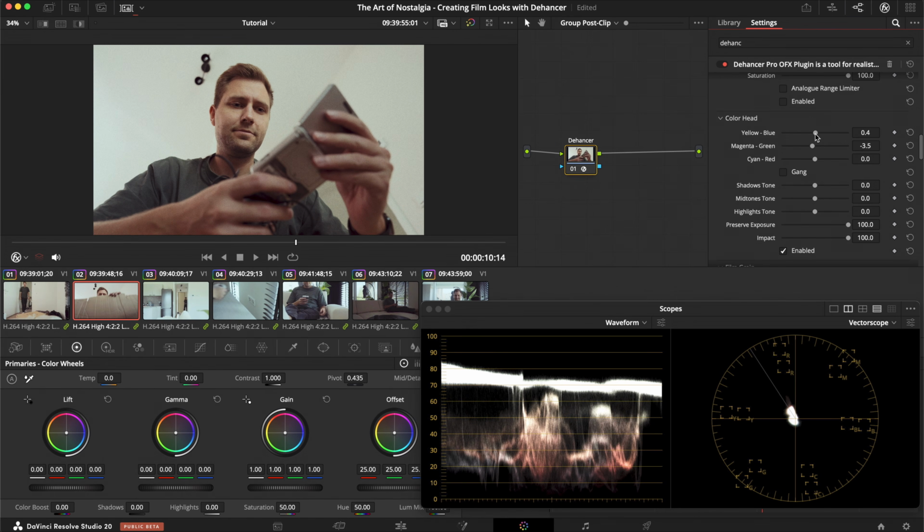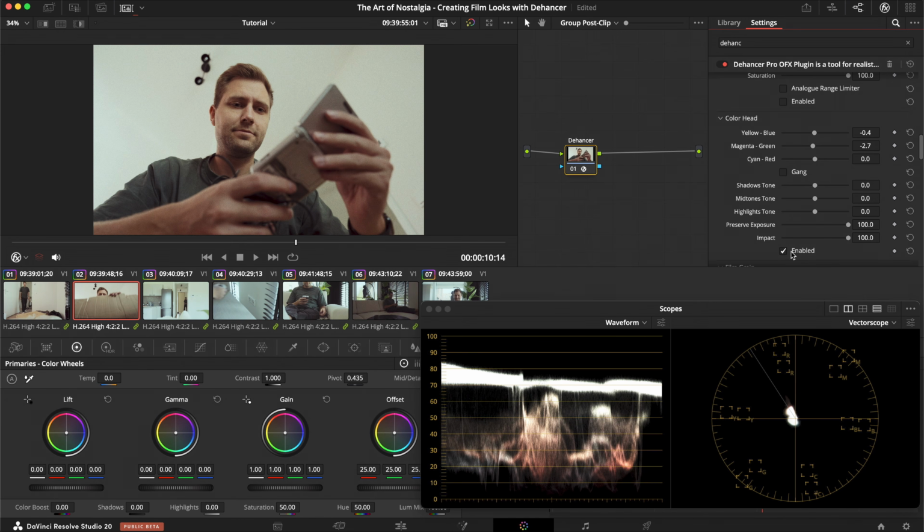I kind of like that yellowish look that it has. I feel like that's a little bit more nostalgic, and maybe pull it a little bit more away from the magenta here, or towards the magenta, sorry. So if we turn it off and then on again, we can see what we've done. I don't necessarily like it that much all the way to that magenta, so balanced in the middle here is